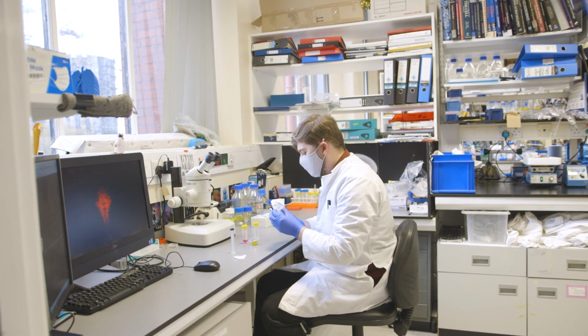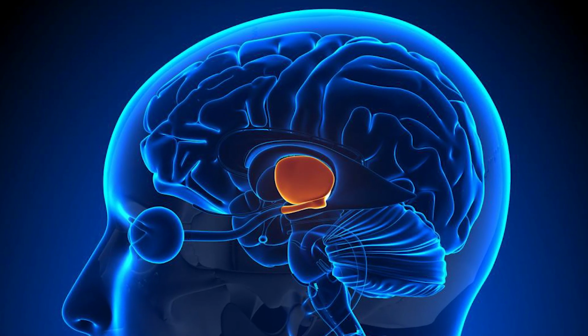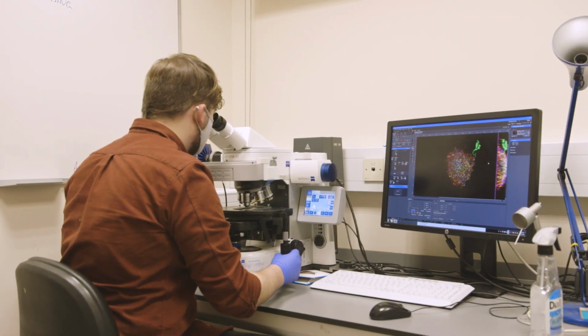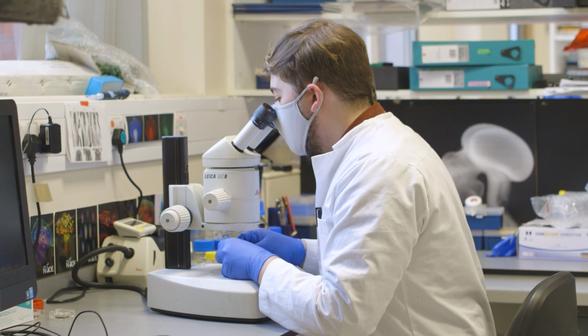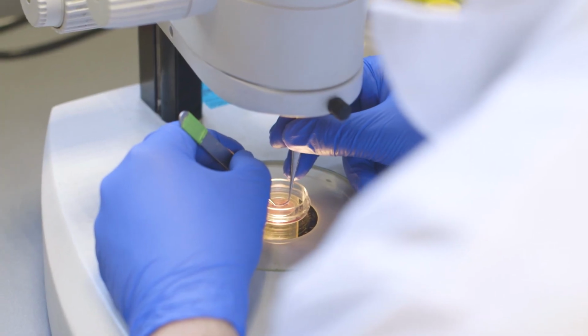So my PhD research involves investigating how the development of an important region of the brain called the hypothalamus works. Turing's ideas have had a tremendous impact on the field of developmental biology. Turing himself acknowledged when he outlined his theory that the reality was probably much more complicated, and he was actually proven right in subsequent years with advances in molecular biology and genetics that showed us really just how astonishingly complicated the development of the embryo is.